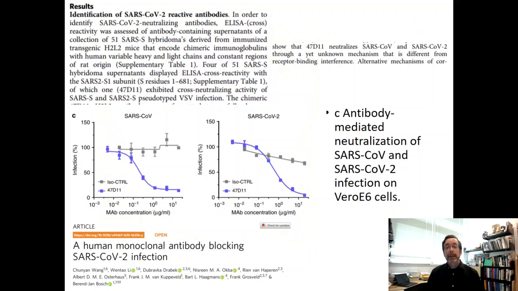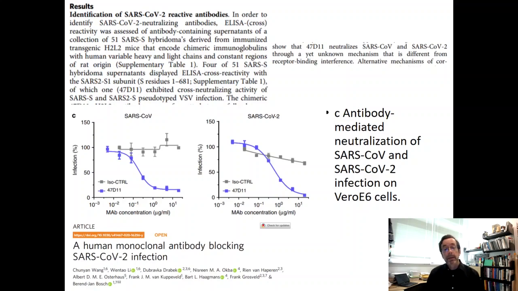And here's a bunch of papers. I'm just going to show you those papers. Biochemists can see a little more detail in these. Here's a human monoclonal that blocks SARS-CoV-2 infection. What they do is they add the antibody, and the blue lines are where they add the antibody. As they add more of the MAB, you see on the x-axis that they actually end up blocking SARS-CoV on the left. That's the one that caused the SARS epidemic in 2002-2003. It's the closest virus to